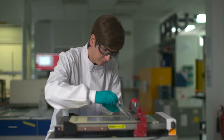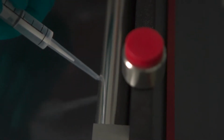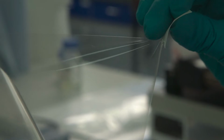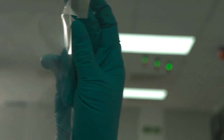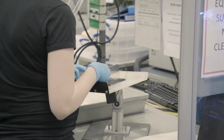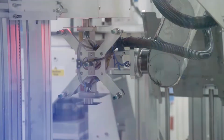JM produces components that sit at the heart of a fuel cell, the stuff that determines how well it will perform. That's what I help do, developing new membranes all the way through the development to really understand the product and how it works, and then take it through the scale-up phase and work out how to make the membrane at large scale. That's the crucial part, and how it will make a difference to the planet, making it work